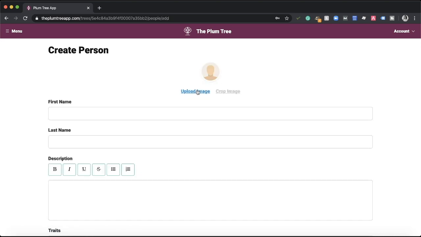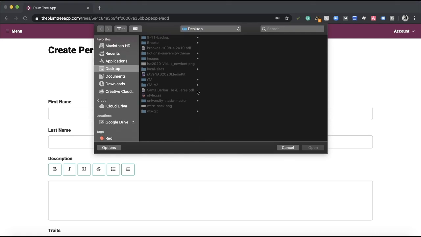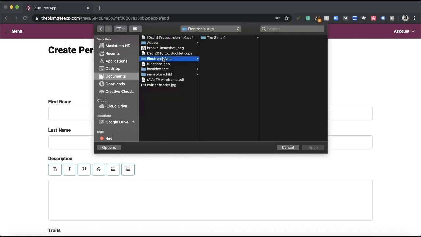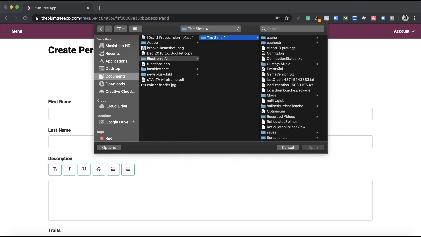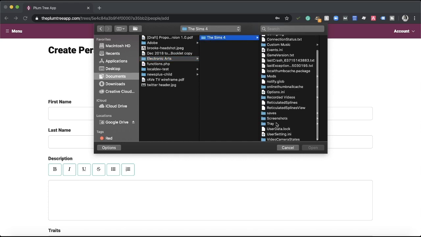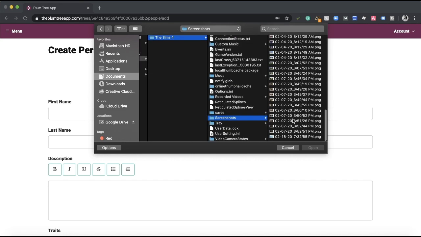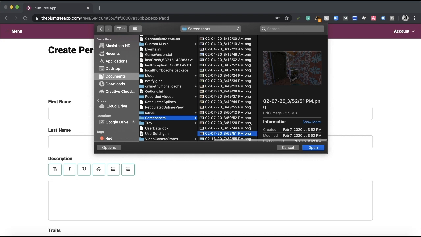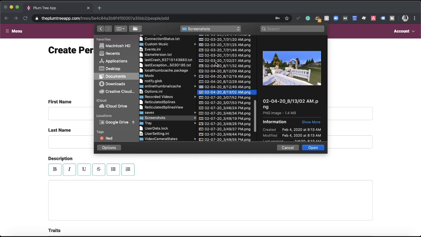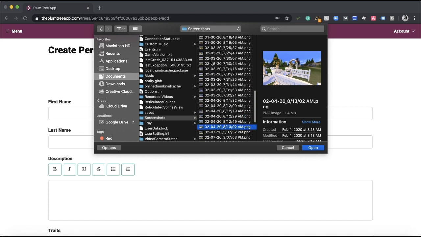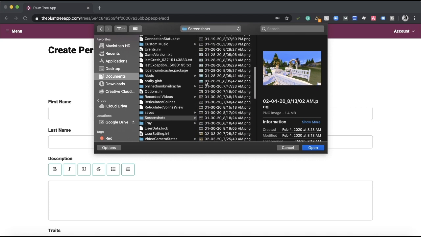And so I'm going to upload an image, and these images are just the screenshots that I have from the game. You can just go to your documents, EA, The Sims 4, and then go to screenshots, and the screenshots folder should have all of the screenshots that you have taken. I have taken so many screenshots, and I really should have made sure that I got the names of these screenshots before I started doing this. But